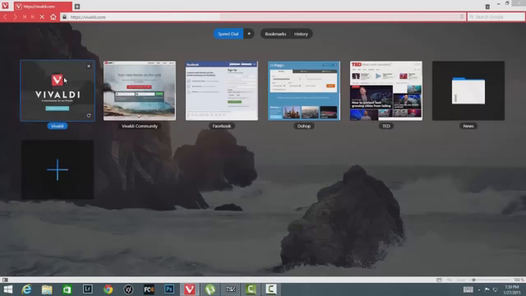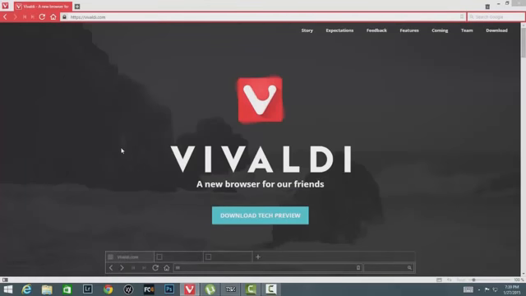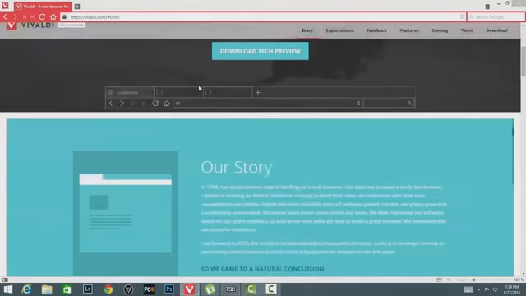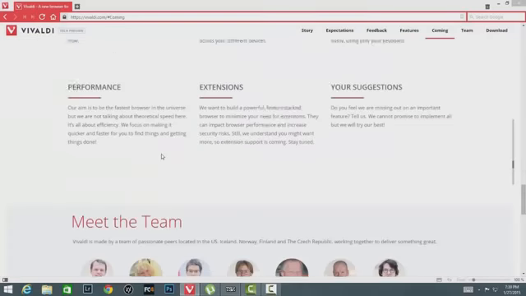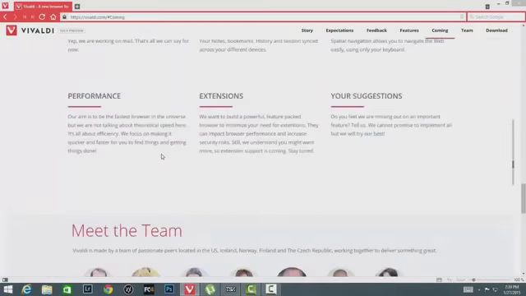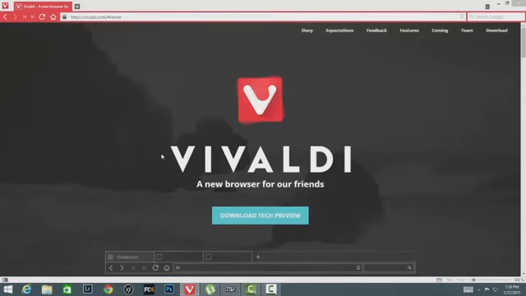I've said it earlier in this video, and I'm saying it again: if they want to compete with Google Chrome, they have to improve these features. They have to make everything picture perfect. They are also going to include mail, as I said, and they're going to include extensions as well. So now they are going to come along with Google Chrome. According to me, currently the best browser is Google Chrome, but if Vivaldi is looking to come along with it, they have to improve this, and if they improve this, it will be one of the best browsers to use for now.